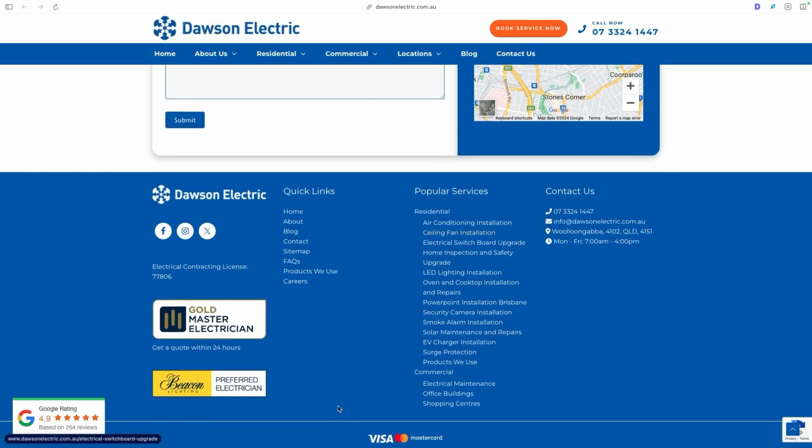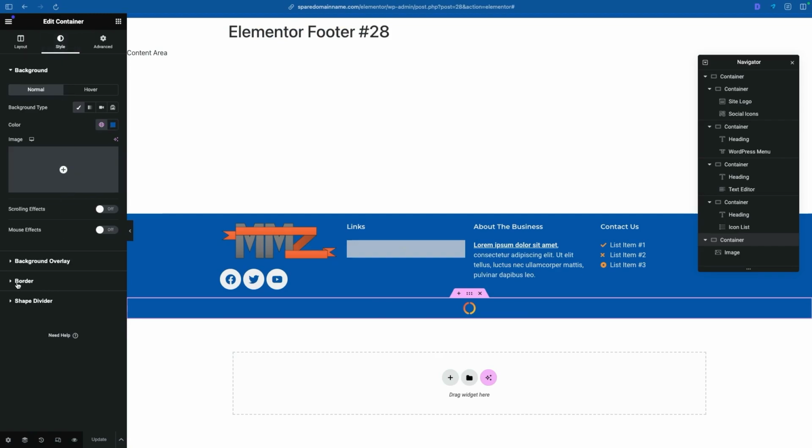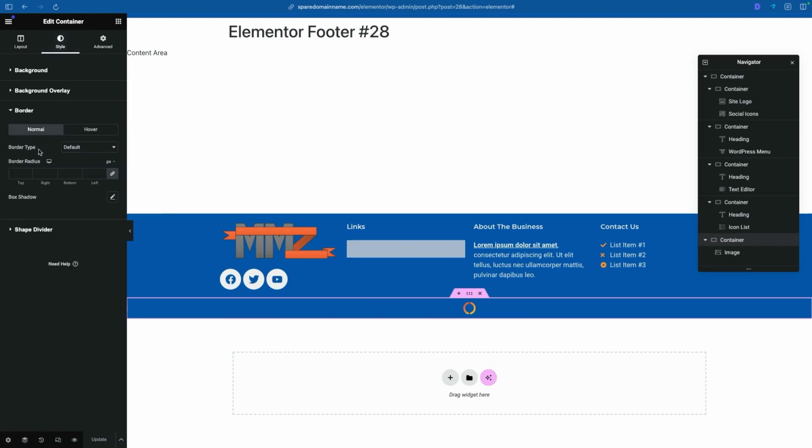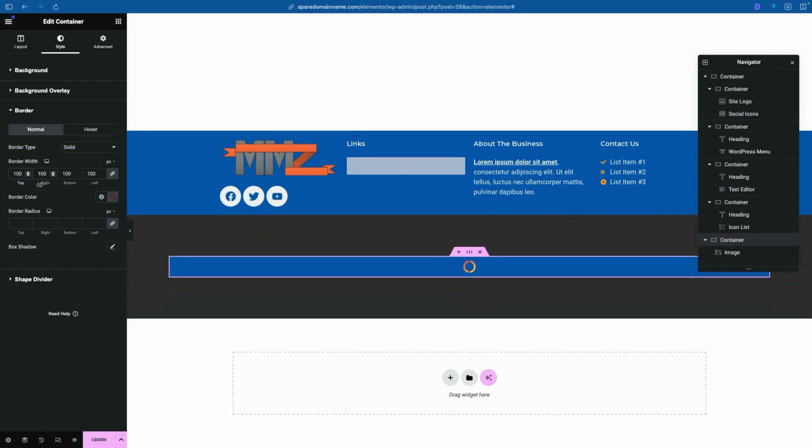One thing that I like about their website is they have a little separating line on the footer. So to create that separation line, we can use a border for this whole container here, the big one. Click on the selector for the container, style, and border settings. Now we'll add a border by clicking on solid and this drop down. And then currently the border width is linked. This little icon here means that if I type anything in here, if I type in 100, all of these